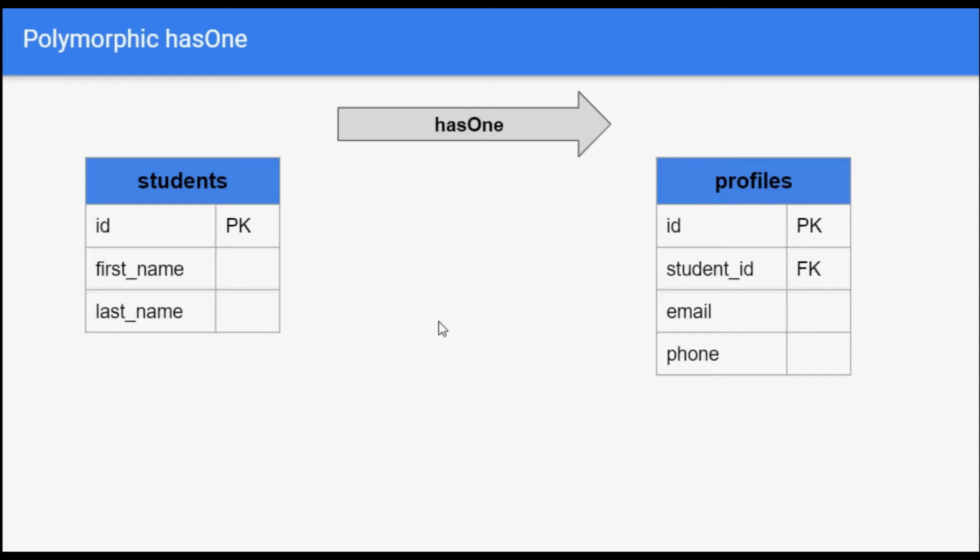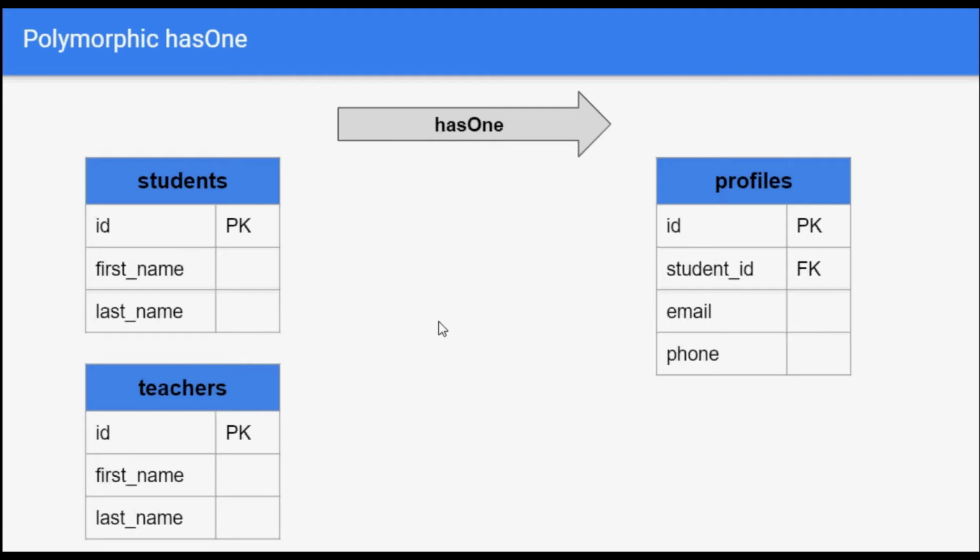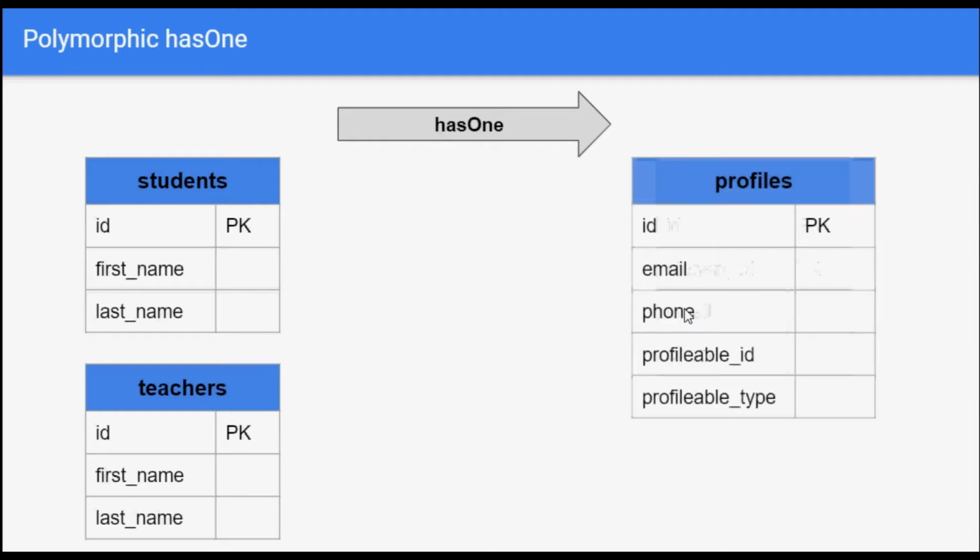Now, let's imagine a scenario where we also have a teacher table, and teacher also needs to have a profile. Now, we cannot store the teacher's profile in the current table. So, what we will do is we will change the structure of this profile table by introducing two new columns, profilable ID and profilable type.